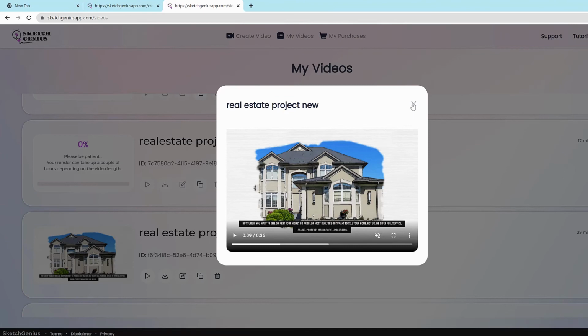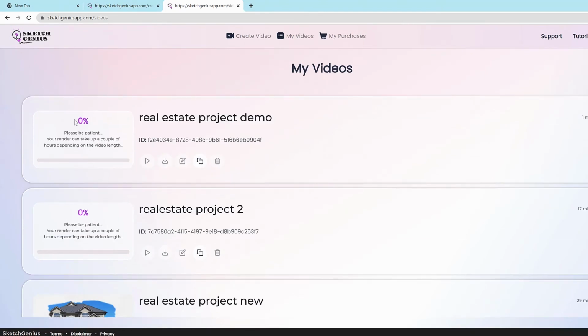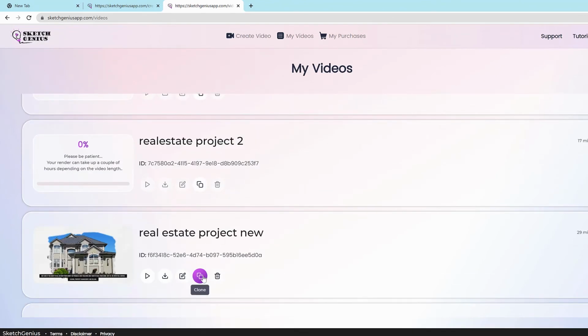And now the other cool thing here that you can do is you can download the video by clicking on the download button here, or you can even edit this video or clone this video. So for example, if I wanted to clone this, and we have a progress bar that shows you how long it takes you to finish the video. Generally, it's going to take anywhere between 25 to 30 minutes for a shorter video. For ultra long length video, it could take up to a couple of hours,